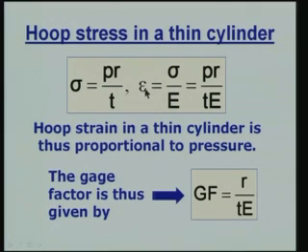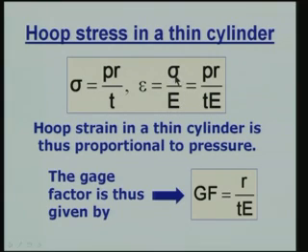And the corresponding strain, which we will call the hoop strain, is simply given by the hoop stress divided by the Young's modulus, and the assumption we are making is that the strain is so small that the material is within the elastic range. Therefore, the stress sigma will never be very large. In other words, it will be much smaller compared to the yield stress of the material. And therefore, I can use epsilon equal to sigma by E, where E is the Young's modulus for the material,